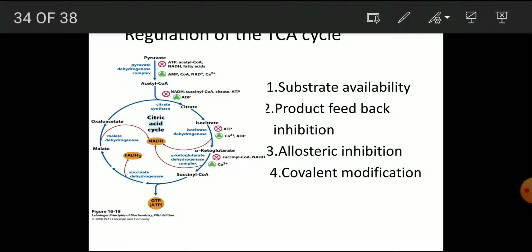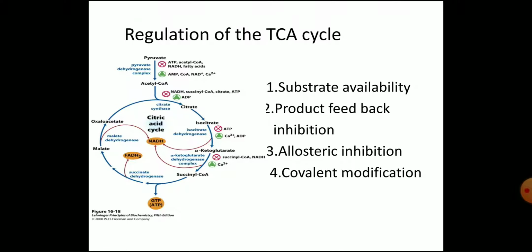And before that, pyruvate is converted to acetyl coenzyme A. That step can also be regulated, so that if the level of acetyl coenzyme A is high, the TCA cycle will be operating. If the level of acetyl coenzyme A is low, or when there is enough ATP in the cell, then the cycle of reactions will be inhibited. Okay, that we can see in the next step.